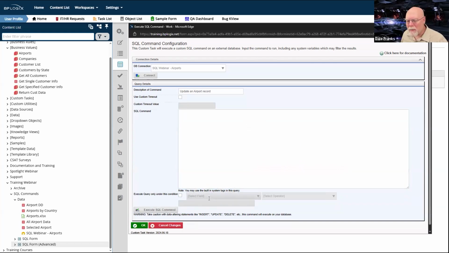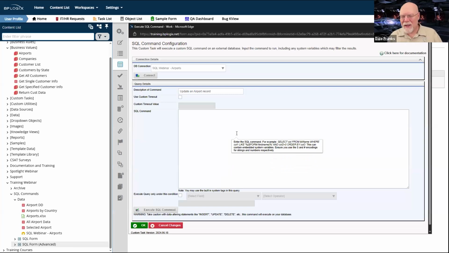There are also some other things down here for setting custom conditions. So for example, the form would have to have some data on it before even clicking the button would make it happen. Although in the case that we're creating here, I'm actually clicking the button, so I'm invoking it manually.